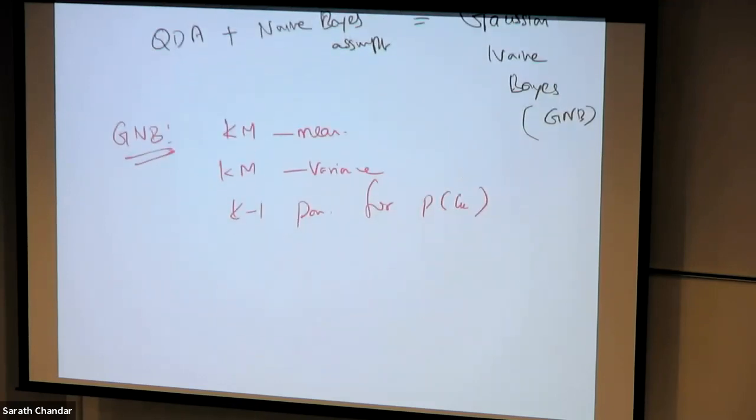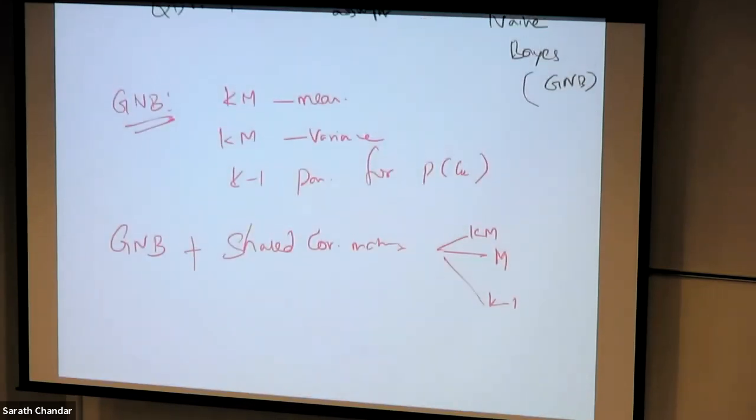Now you can take GNB and add the shared covariance matrix assumption, okay? So then you are going to get even fewer parameters. You'll have only km for mean and just m for variance and k minus 1 for p of ck, right? So in general, we have seen several variations of GDA. As a summary,